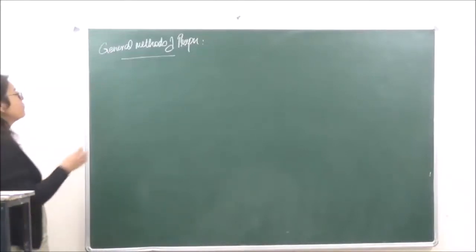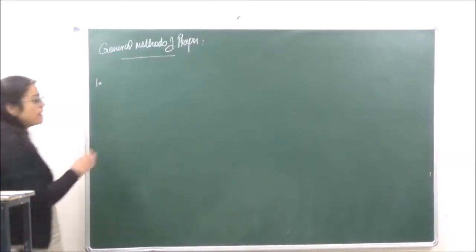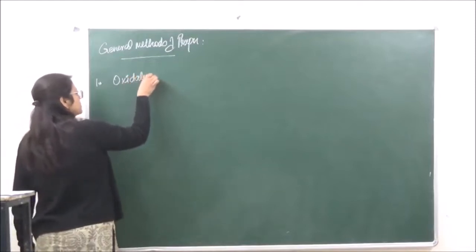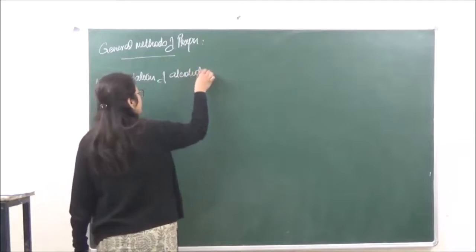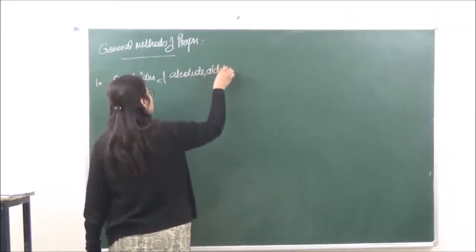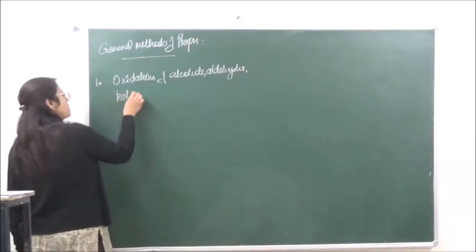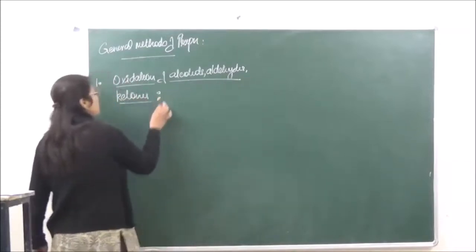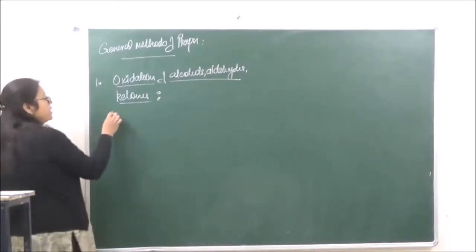The first one we have already discussed in aldehydes and ketones, that is oxidation of alcohols. Now when we're doing the oxidation, the oxidizing agents which we can use over here,